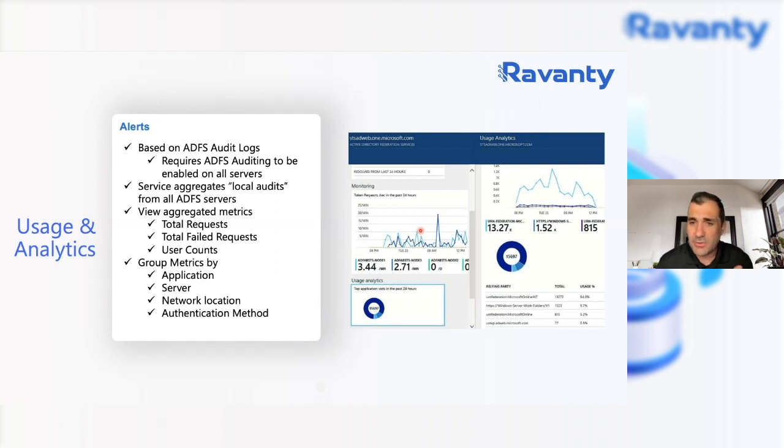Maybe I find that, as you can see, there's an app here that's barely being used. It's 0.5% of my logons, of my usage. So it's not really being heavily used. So maybe I don't want to move it, or maybe I didn't even know that app is being used, and maybe that's a legacy app that I no longer want to use, right?